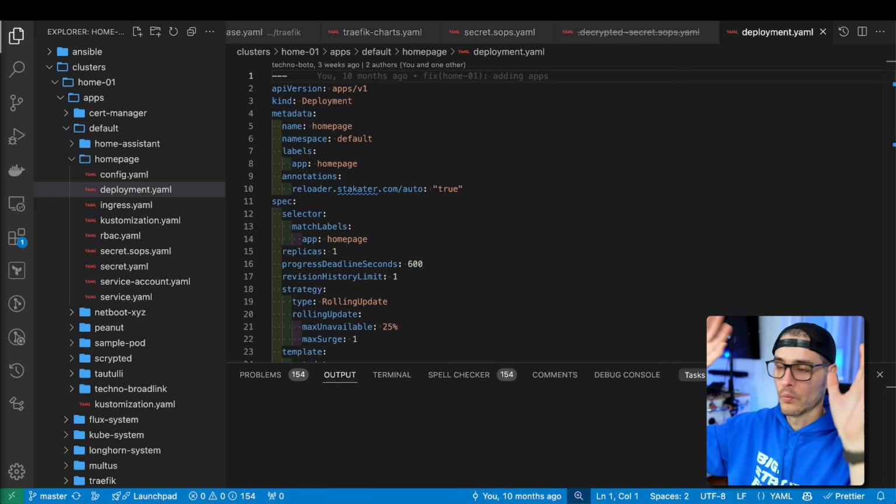So GitOps is a huge topic. And if you don't know what GitOps is, it's really just a practice that says that your Git repo should be the source of truth. And so what people like to do is create infrastructure as code. So what they'll do is write code, which is their infrastructure, and they'll use a CI process to deploy that out to whatever the system is.